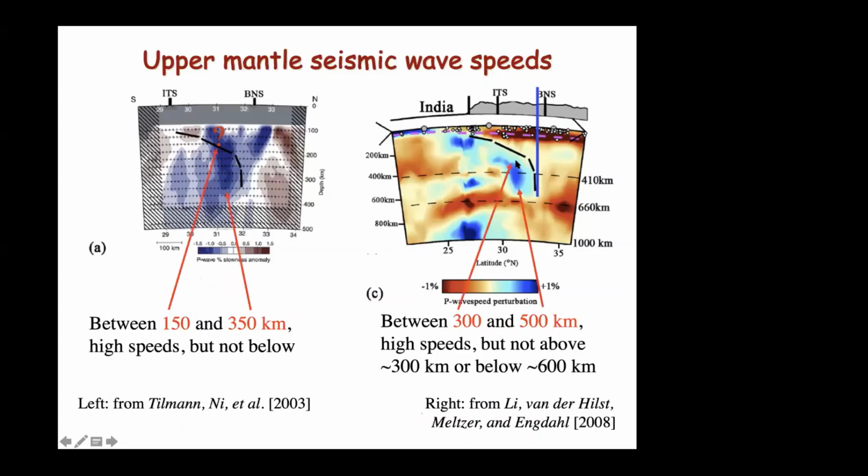These folks, Lee et al., used the same data that these guys used, but more. But here, the high-speed zone goes from about 150 kilometers down to about 350 kilometers. Lee et al. say, well, no, the high-speed zone starts at 300 kilometers and goes down to 500 kilometers. There's almost no overlap in these. If you look on a map, of course, this area is not underneath that. It's shifted off to the side because this is just along the line. But the point here is that,